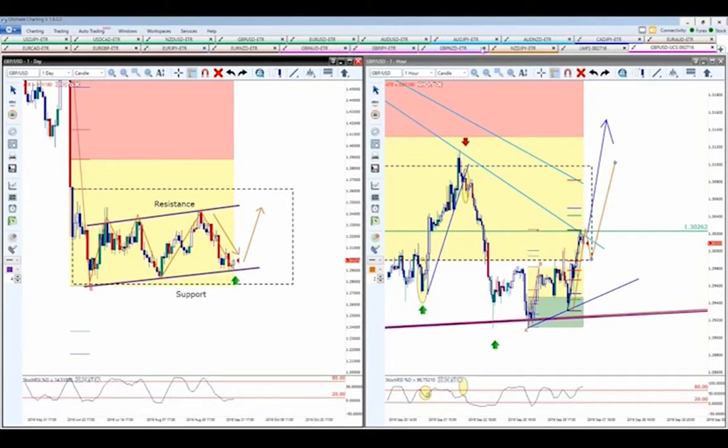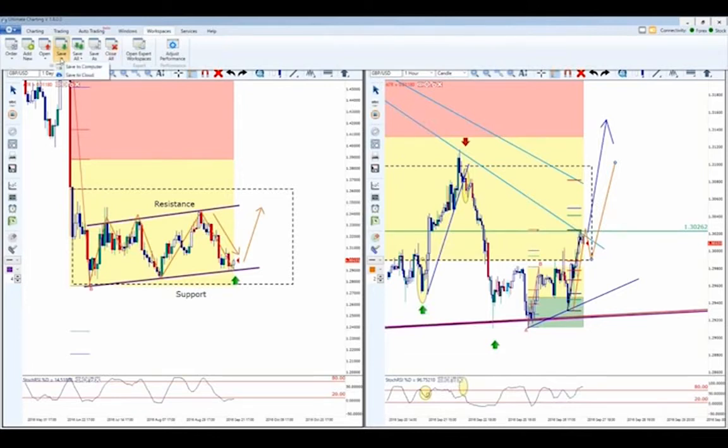So you've been asking about these rectangles at the top here. The neat thing about our charting platform is that you can actually create what are called workspaces. I have a workspace here for the pound US dollar that I'm showing you here. I'm actually going to pull up the workspace here in just a second for the London daybreak trading strategy. The other neat thing about these workspaces, you can save them to your computer, and they are cloud-based.